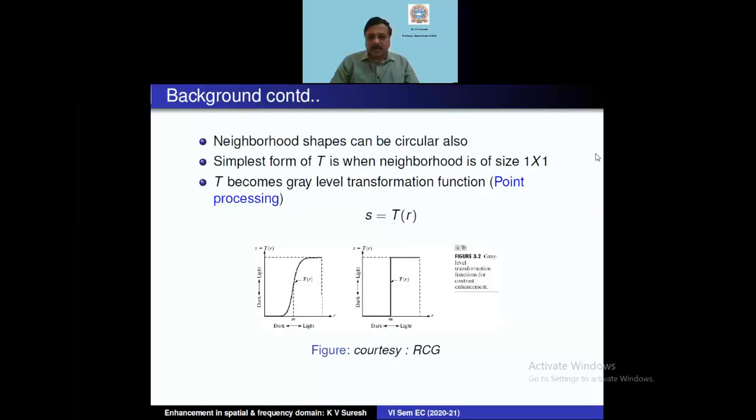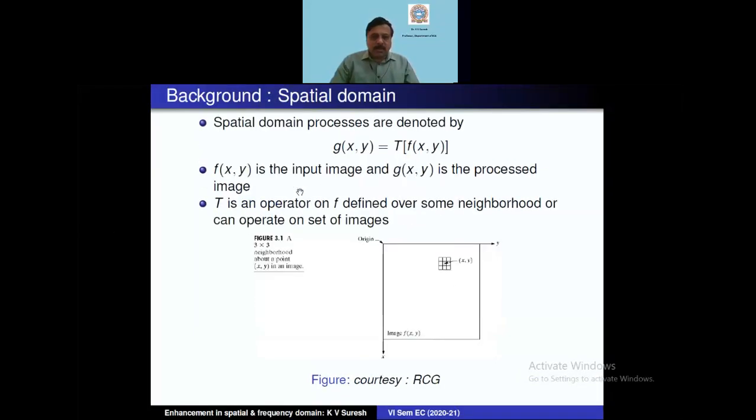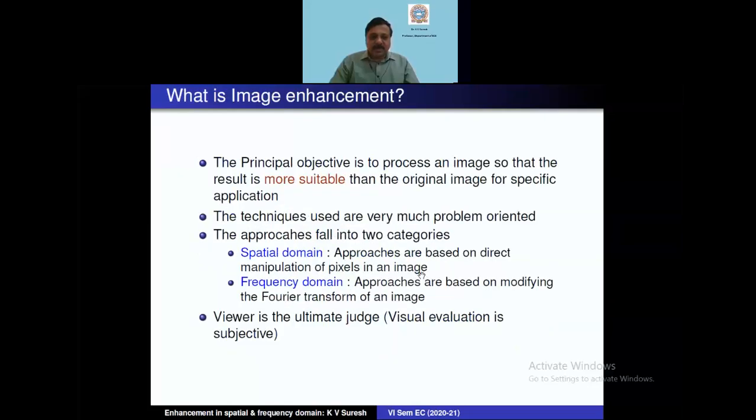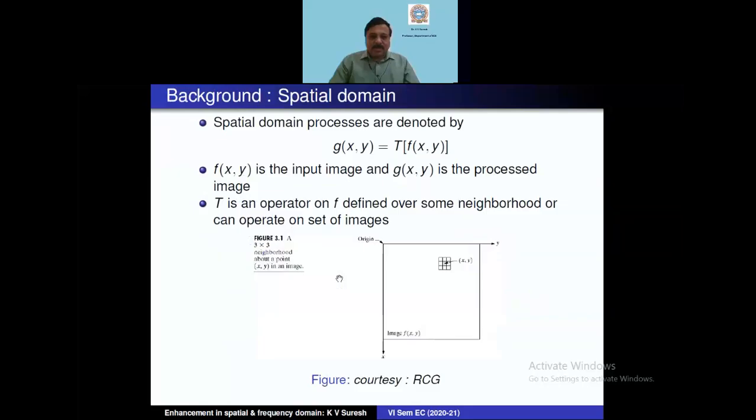Yes, sir. Okay, so we actually started discussions on image enhancement. We understood that there are two ways of doing it, one in spatial domain, the other in frequency domain. The basic objective here is to improve the image for the result to be more suitable compared to the original image. While doing it in spatial domain, we use a mask of a specific size